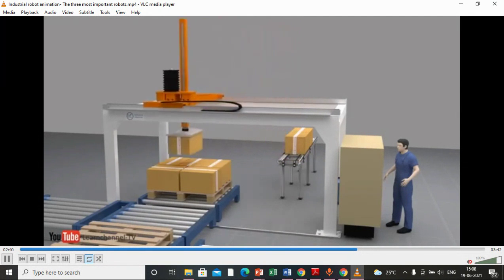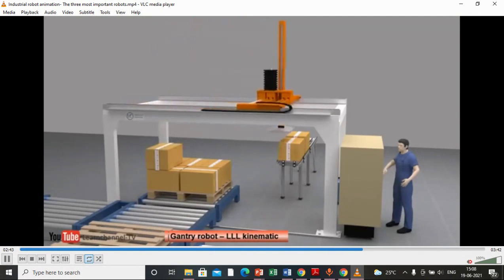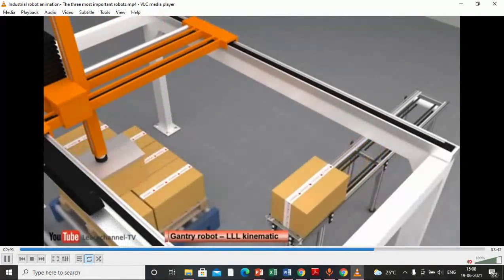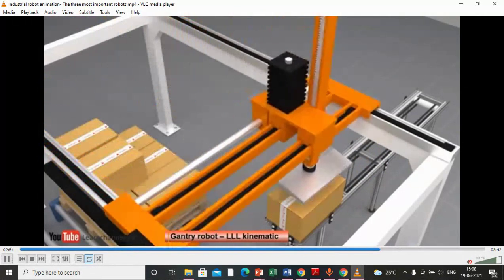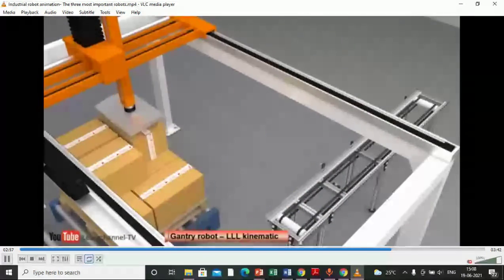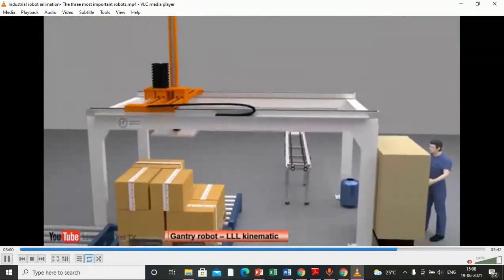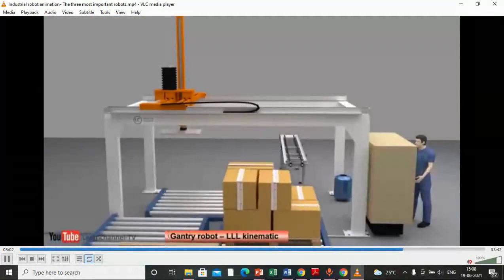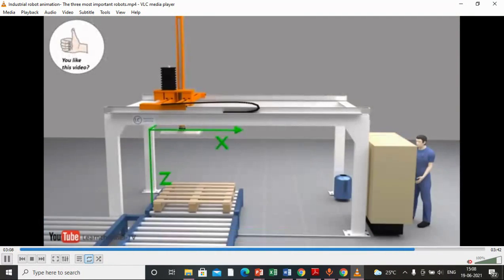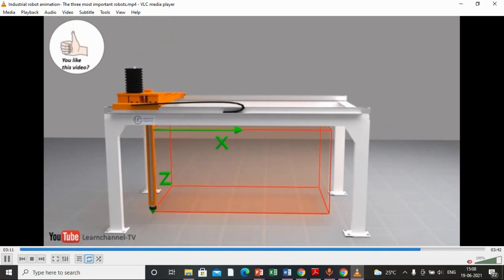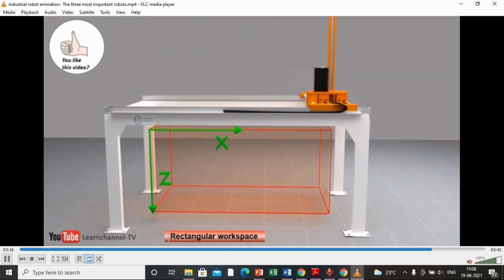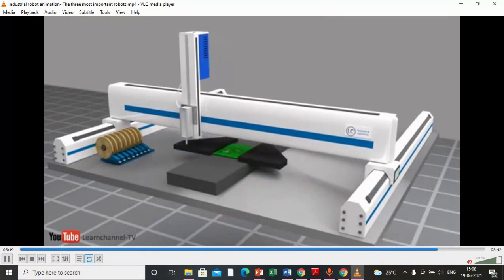Now the linear robot or Cartesian robot, you can see here gantry type robots also. Such a principle you can see in CMM machines. This particular robot is working as a pick and place robot, you can see here. So these are the axes of the robot environment, X, Y, Z, plus as well as minus.